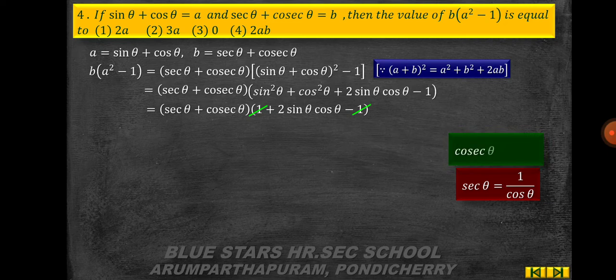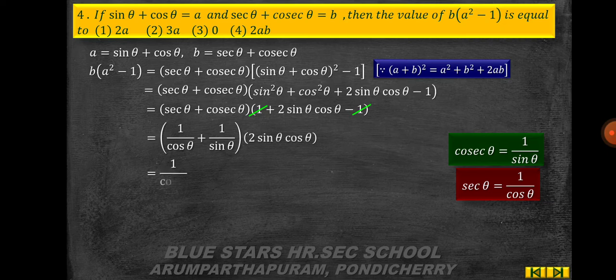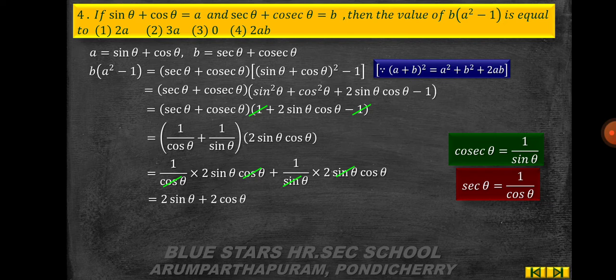Then secant theta is nothing but 1 by cos theta and cosecant theta is nothing but 1 by sin theta, which is equal to 1 by cos theta plus 1 by sin theta into 2 sin theta cos theta, which is equal to 1 by cos theta into 2 sin theta cos theta plus 1 by sin theta into 2 sin theta cos theta. So here cos gets cancelled, in the second term sin gets cancelled, which is equal to 2 sin theta plus 2 cos theta, which is equal to 2 into sin theta plus cos theta, which is nothing